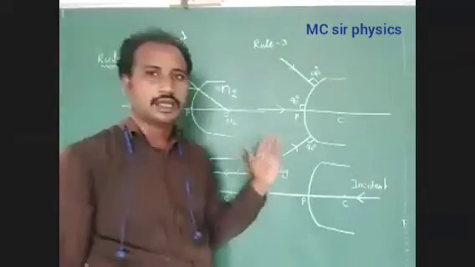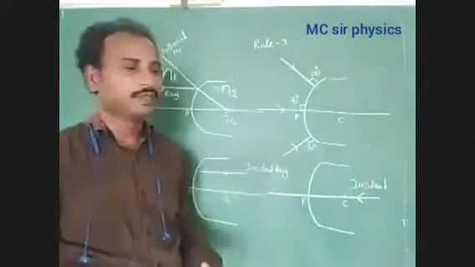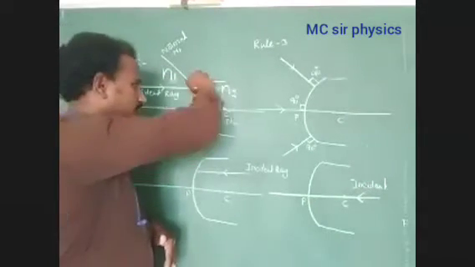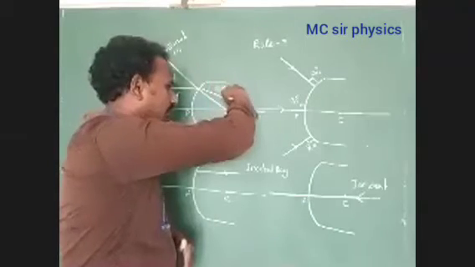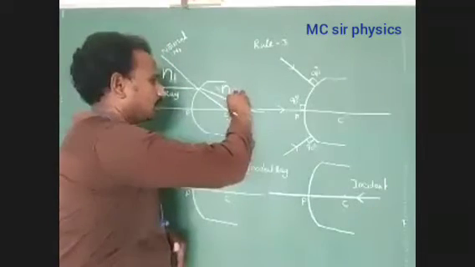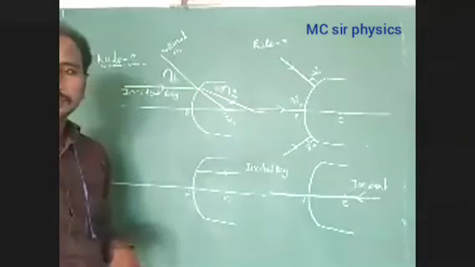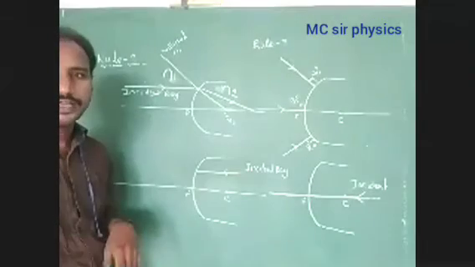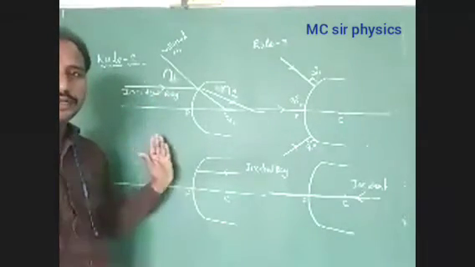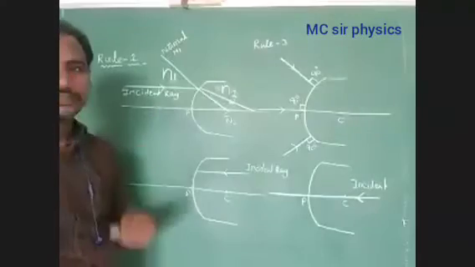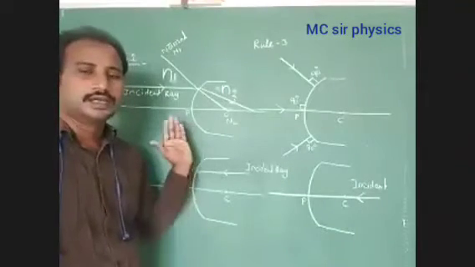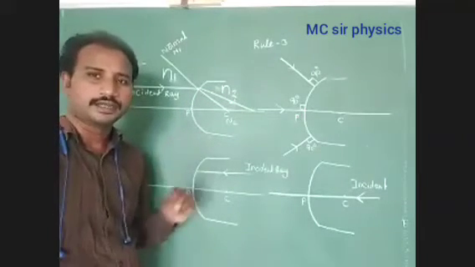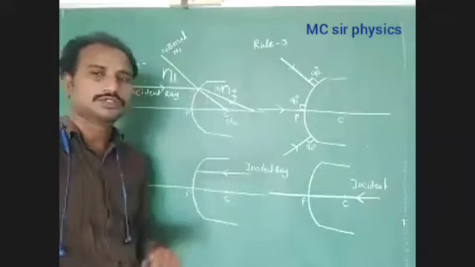Now consider the direction of the light ray from rarer optical medium to denser optical medium. Then the light ray bends towards the normal. What is the direction of the refracted ray in this condition? Just we have to represent the direction of the refracted ray. The direction of the refracted ray bends towards the normal. Understood? Okay. Which condition did I explain? First law of refraction. Here, the direction of the light ray from rarer optical medium to denser optical medium, then the light ray bends towards the normal. Which light ray? The refracted light ray.